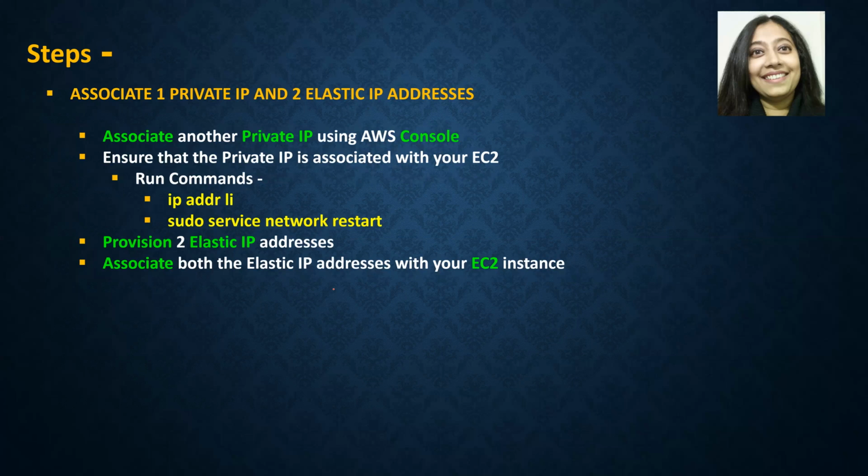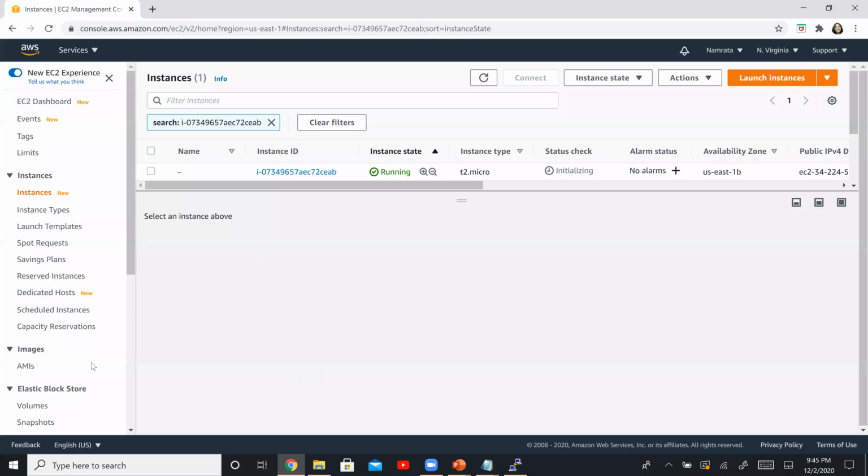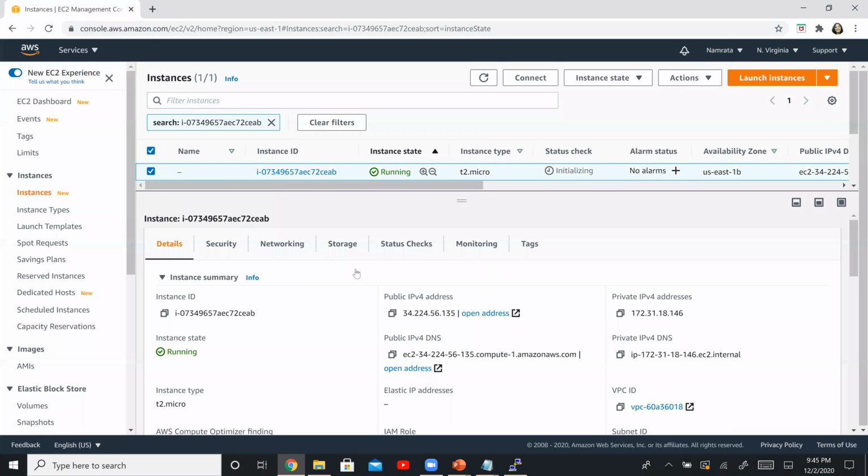Okay, so let's get started. So let me switch over here and let me close some of these articles. So this is my EC2 instance. So let me just go through the pre-prep. So I've launched this EC2 instance. It's a T2 micro instance, as you see right here.